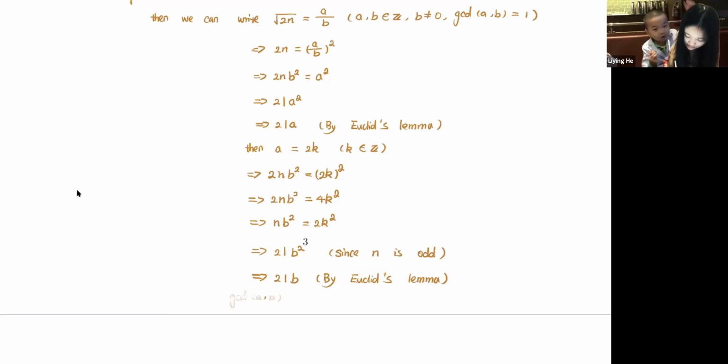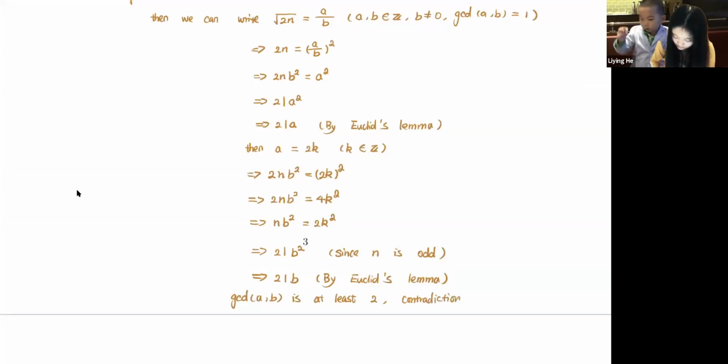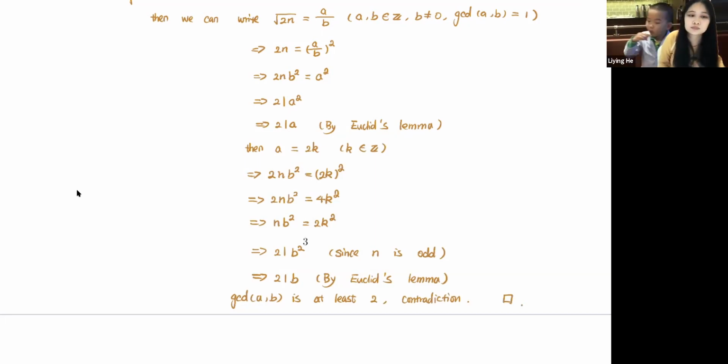Actually, not this, which means it's not 1. So this is a contradiction because we assumed that GCD of a and b equals 1. Any question? Question? Anyone? If not,